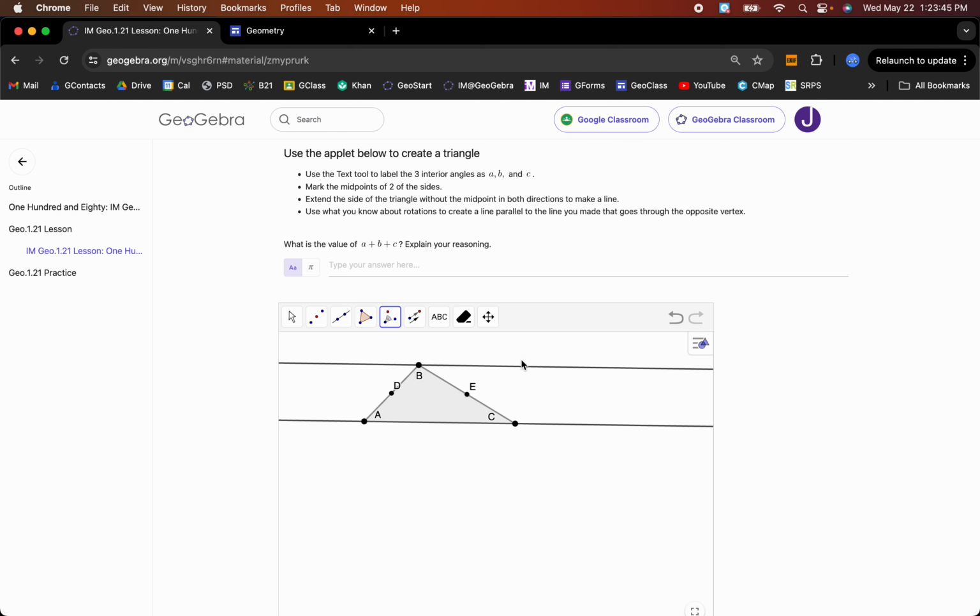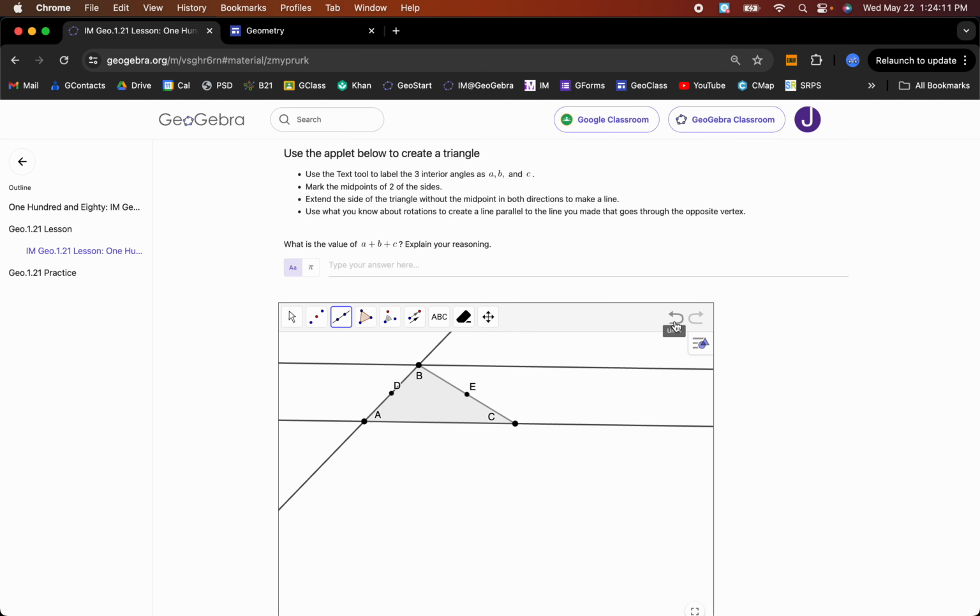Well, we know that these are parallel. And we know some stuff about parallel lines and if there's a transversal. Well, isn't this a transversal? A, B, isn't that a transversal? Well, yeah. And we know that when we have a transversal, if you can imagine this going on forever, there's your transversal,